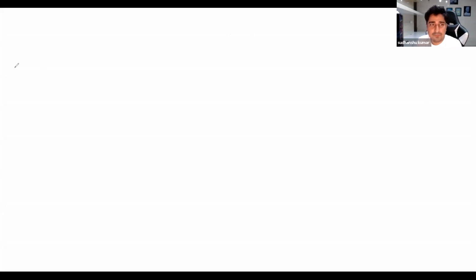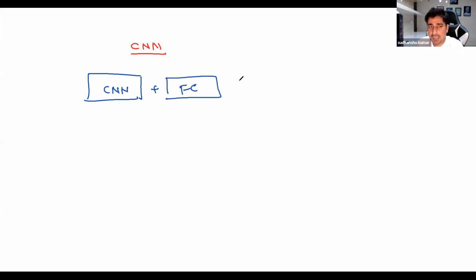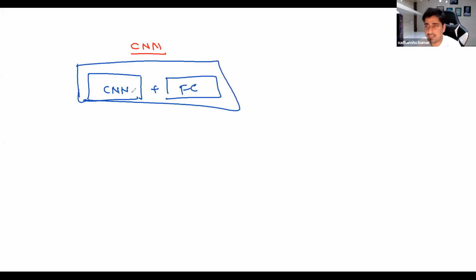So in CNN, if you try to recall, and if I compare a CNN with an RNN, what happens is you pass the data. There will be a convolution, a pooling, a padding, and all those things we try to perform. And then we send this data into a feed forward network. This is what we have learned in the case of a CNN: a convolution layer plus a fully connected layer. If you combine these, we can build any kind of classifier.